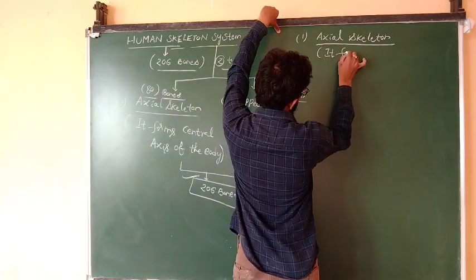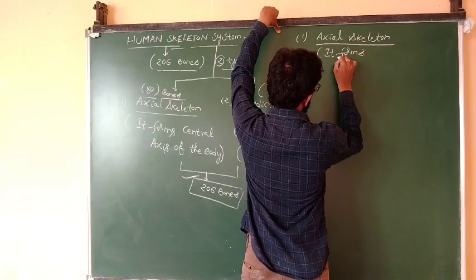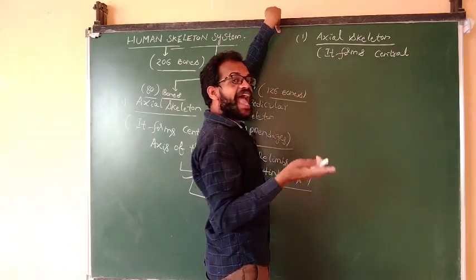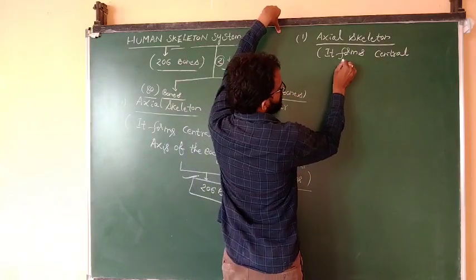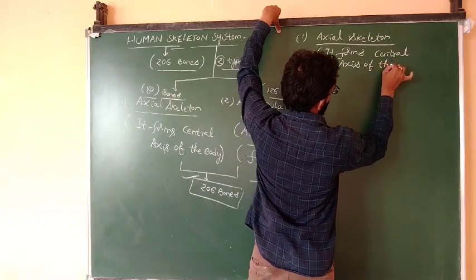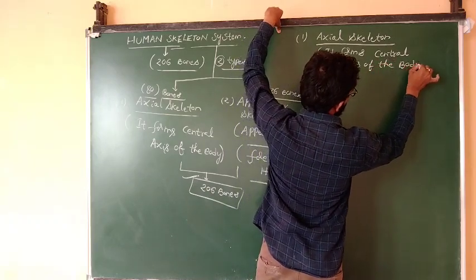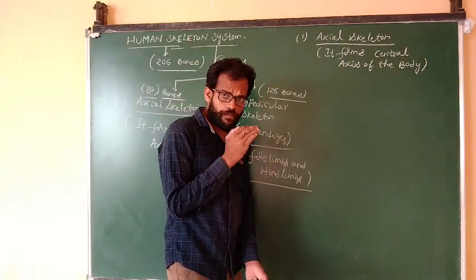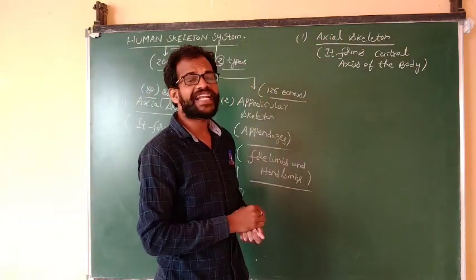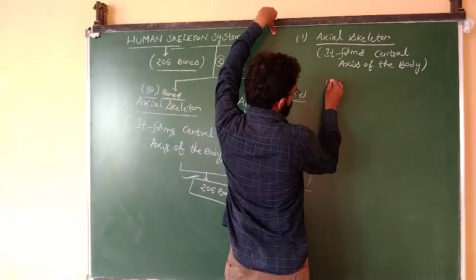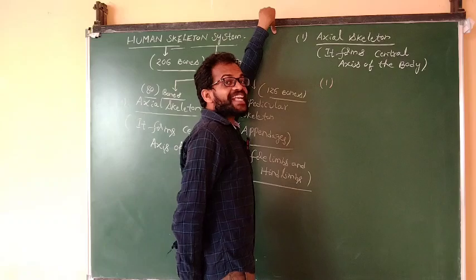It forms the central axis of the body. What are the parts under the category of the central axis of the body? The first important part of the axial skeleton is